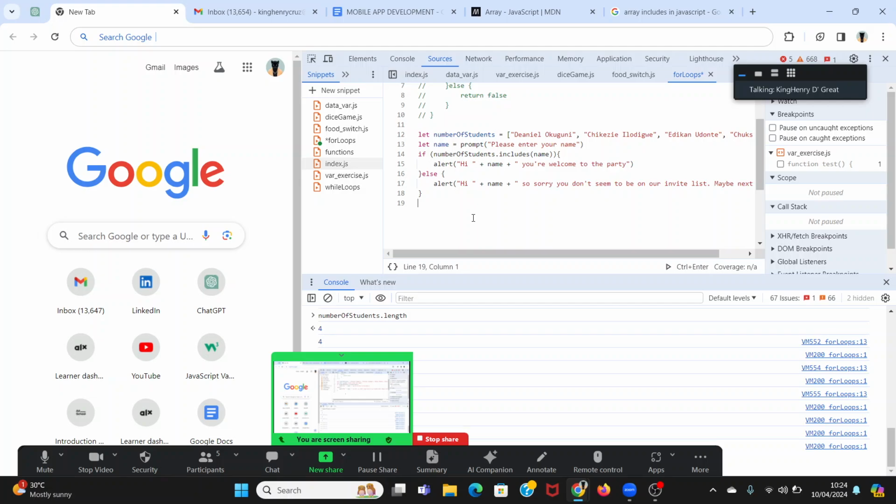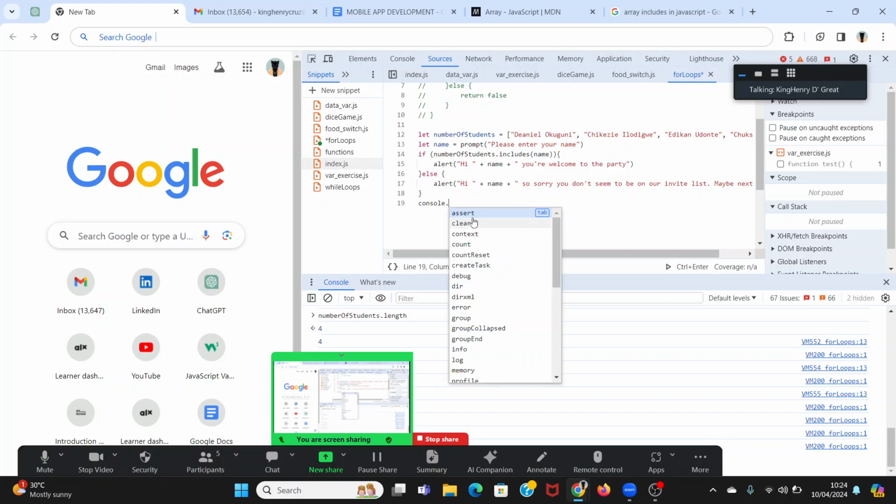zero. We are going one, two, zero, one, two. Zero, one, two, three, four, five. So if I want to tap into the third content of an index, if I say third, that means it's zero, one, two. The index of two is the third element of that array or whatever. So if I say I want to